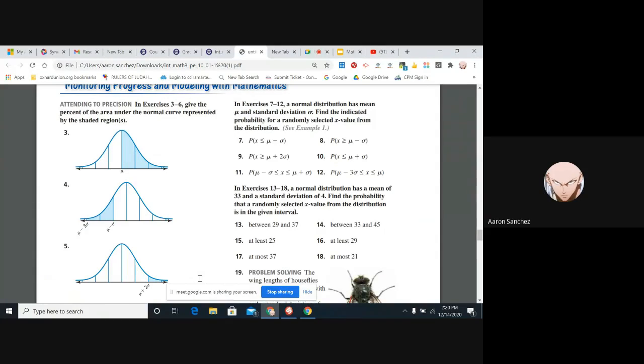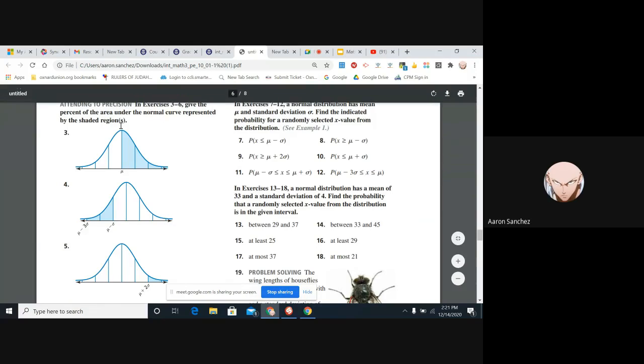Okay. What is the area? You guys have your pictures? Under this curve right here, this is a normal curve represented by the shaded region. Give the percent of the area. Notice they're asking for percent,